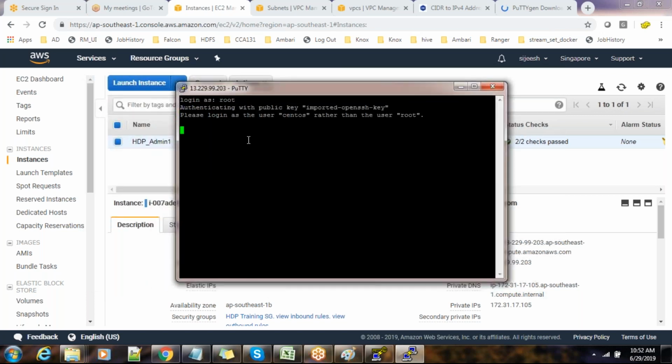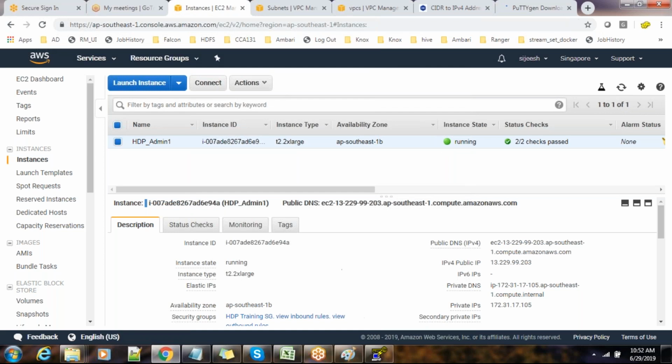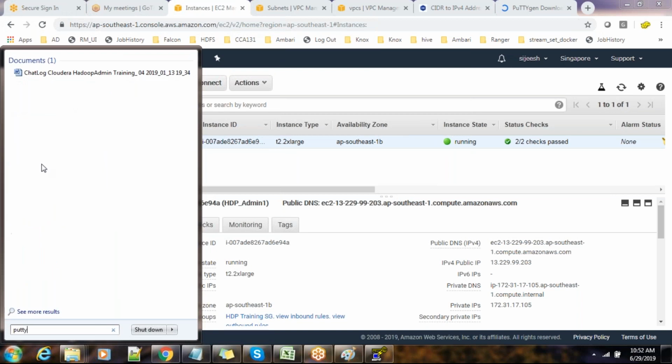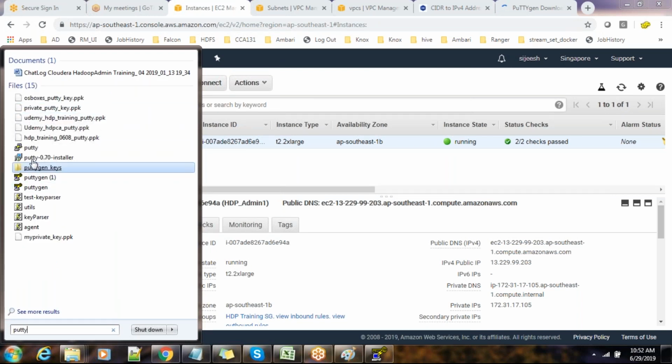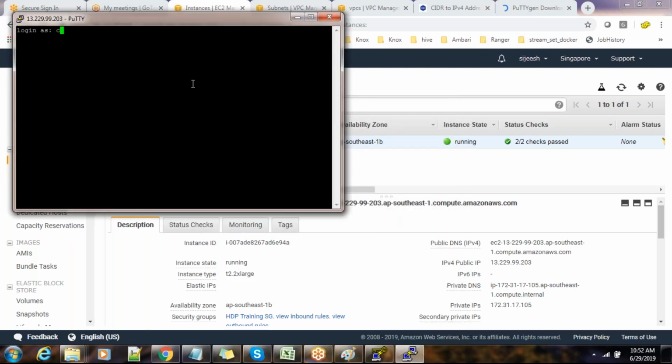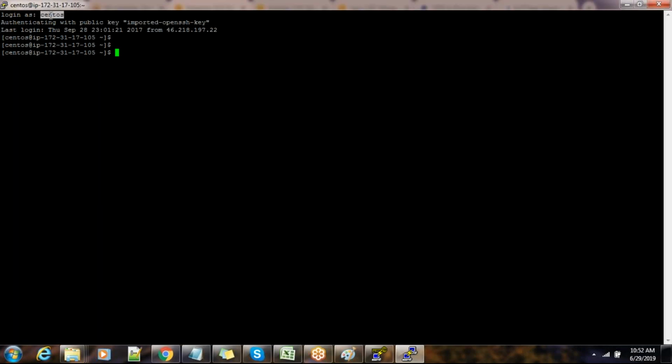Even without typing the password, oh sorry, it's saying okay, not the root user. Use the CentOS user. What I can do is, okay, it's closed. Let me get PuTTY again. This is the HDP single. Choose that. Choose CentOS. Right. So mostly, if you have that user, this user will have sudo su access. Sudo su means it lets you switch to the root user without any issue or without any password. So we got the root user here.